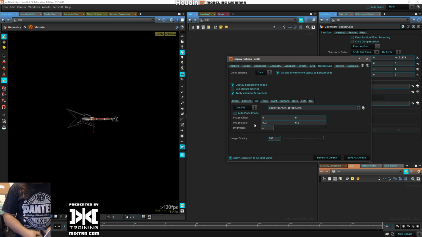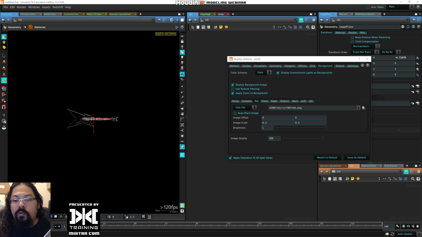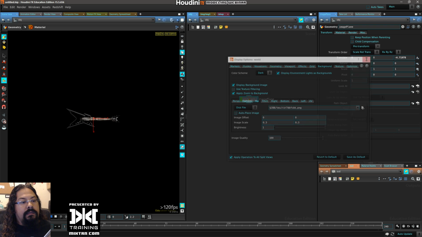Excuse me. So I have it here. I'm gonna measure it. It is 120. All right, so the guitar is 1 meter and 20 centimeters